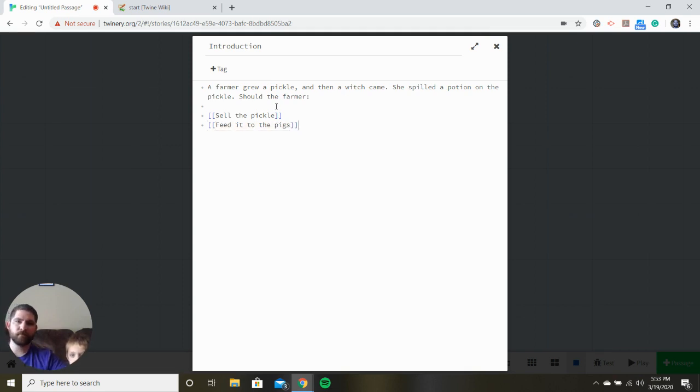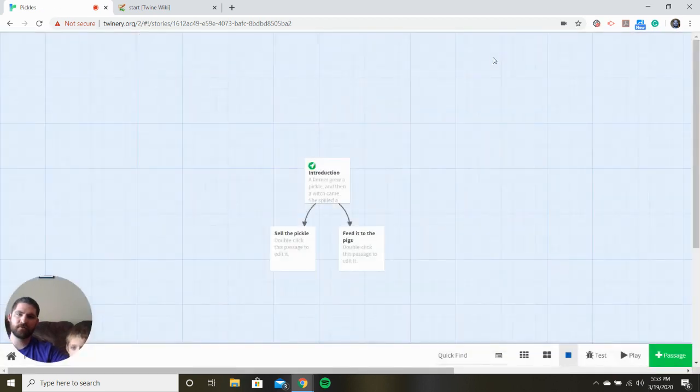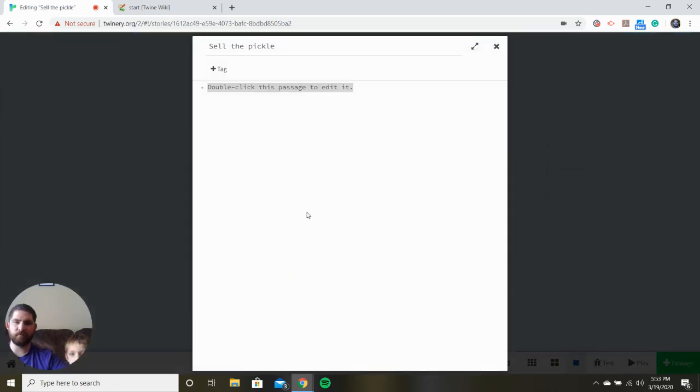Okay. And now I'm going to show you something cool. When we close our passage, we have 2 new passages appear. One titled Sell the Pickle and one titled Feed It to the Pigs. Let's go ahead and open up Sell the Pickle. And it's blank. Okay? So now we can say, the farmer took his pickle to the market and sold it